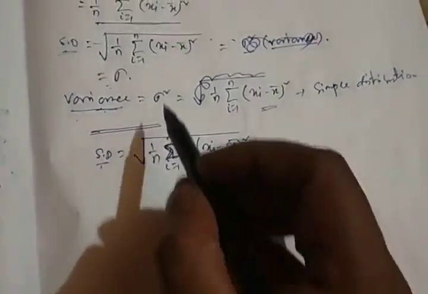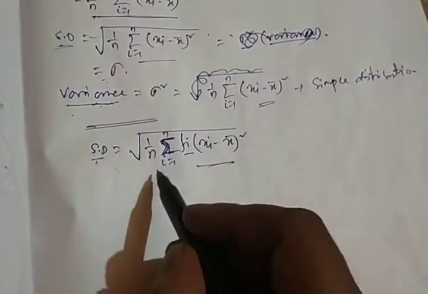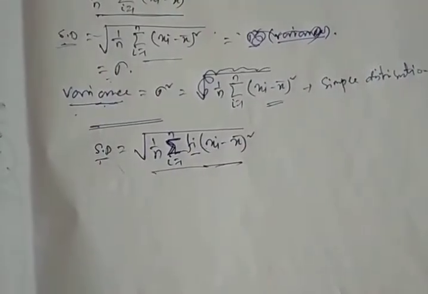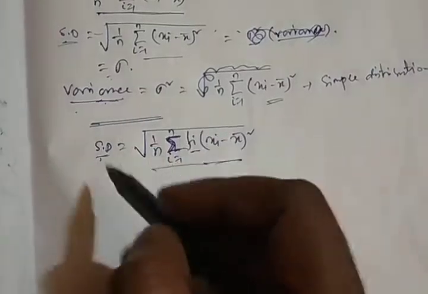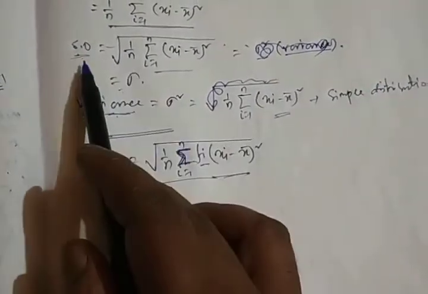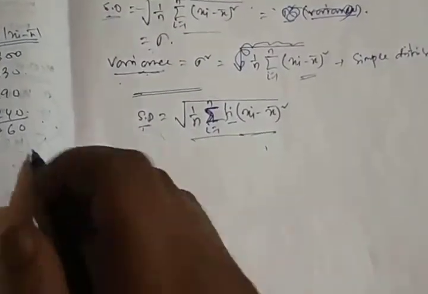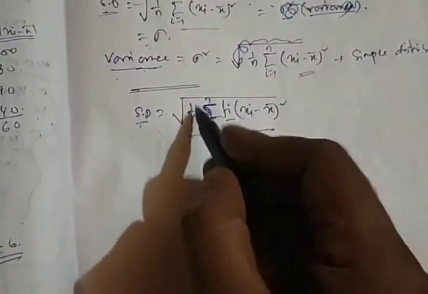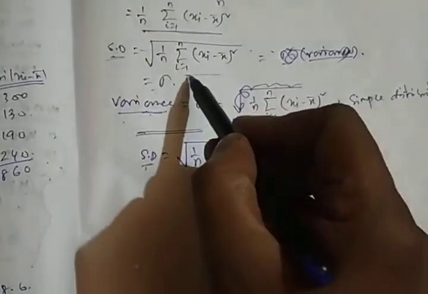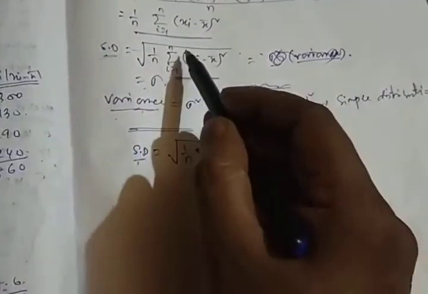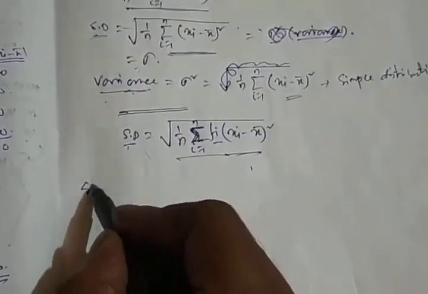Now it can be calculated in the simpler way, or there is another formula for finding the standard deviation without finding x bar. Okay, so let's check it out. What will be the formula? So we have standard deviation is 1 by n summation. Let's take this example. Standard deviation equals to simple form.